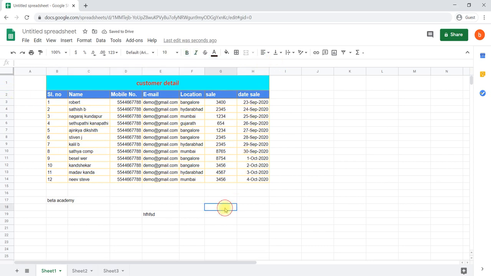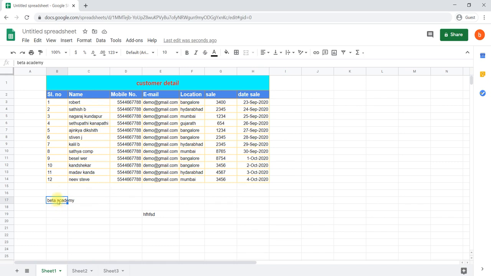Then one more thing comes about wrapping a text. Wrapping a text is nothing but, for example, here I have written the company name Beta Academy, but you can observe that it is an overflow, in the sense it is not adjusted with the column width. In the second column, C column also, a small part will be there. To adjust to this particular B column width, we are using wrap text.